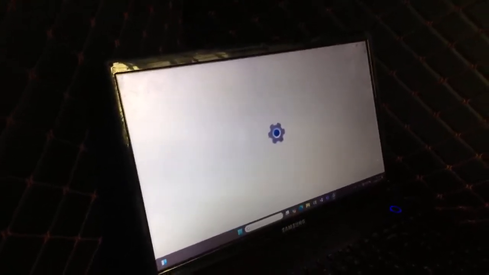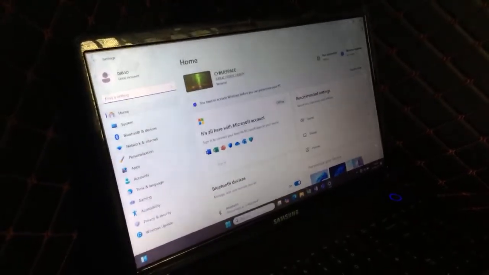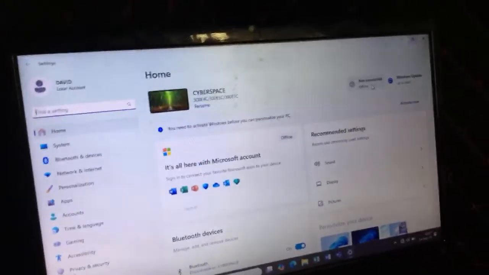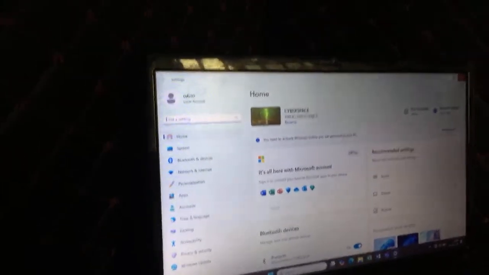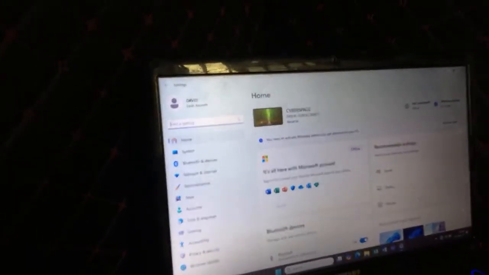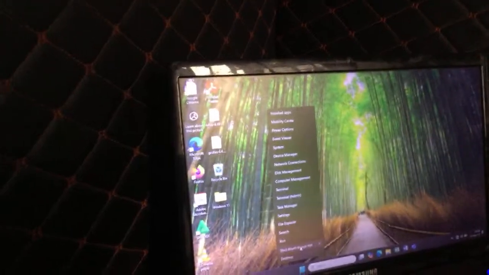Imagine if I did a clean installation with the USB, I had to go ahead and install everything one by one. So you connect your computer to the internet, as you can see here. Connect your computer to the internet, then update. Yes, this is good. Okay, let me log out. The phone has warned me, so I'm going to go ahead and power off this PC, shut down, and